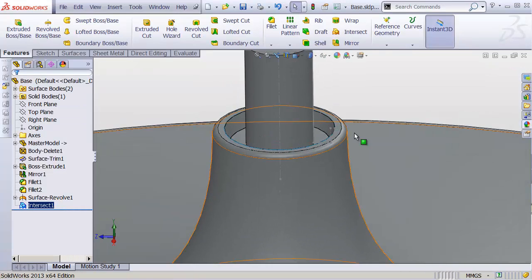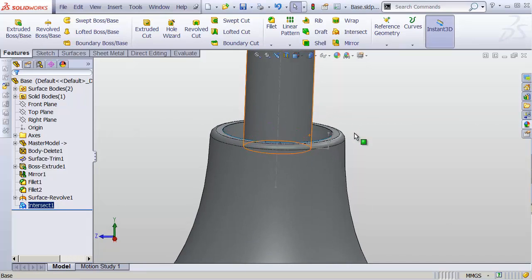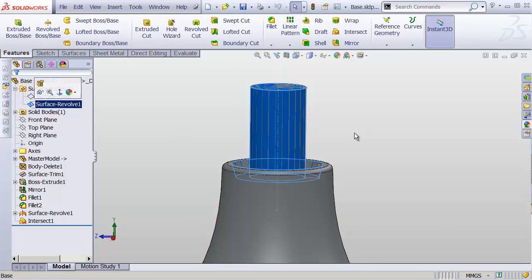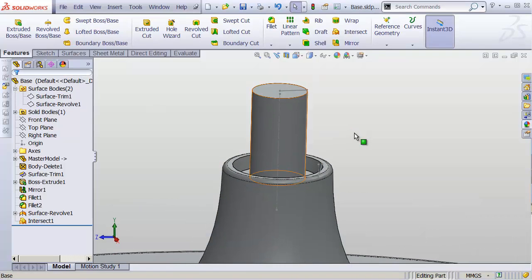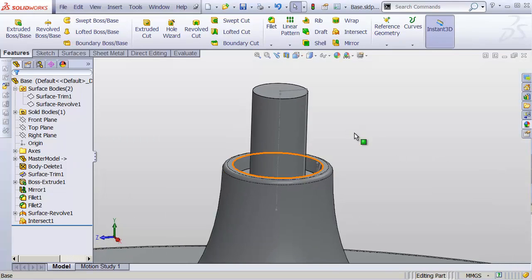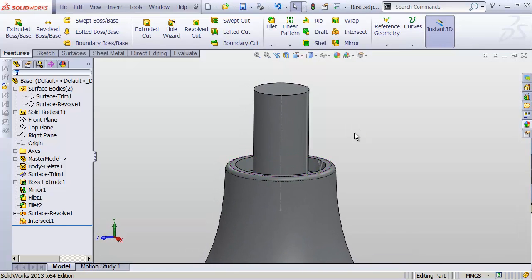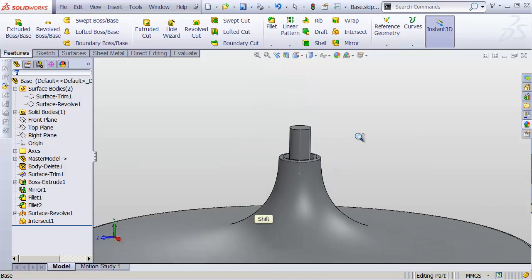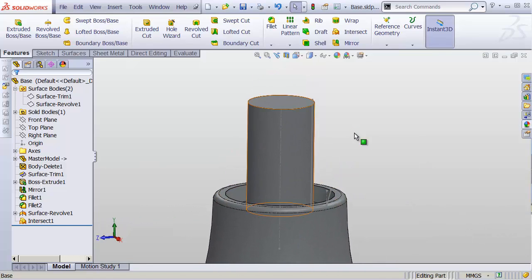And it removes that part and adds material in any other place. So if I hide that surface body, you see that now my solid body comes all the way up. I'm done. My feature is complete. It has both removed material and added material in one single step, which is what the Intersect tool is all about. It has just saved us a whole bunch of time and energy. Great. We're all done. Now, but you might not be using SOLIDWORKS 2013, so let's take a couple of steps